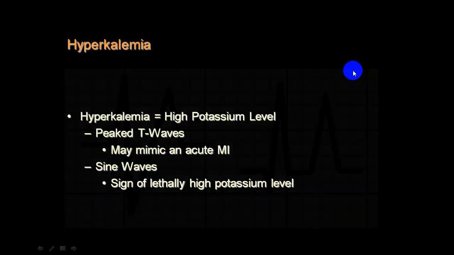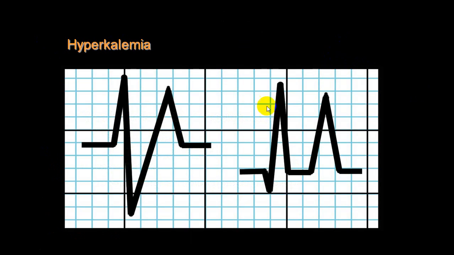Clear? I'll skip this particular slide. Now you can see this here very clearly. The QRS complex is wide, and the T wave has merged inside. This is called a sine wave. While here you can see the ST segment, the T wave is taller, symmetrical, with a narrow base, taller than half of the R wave.